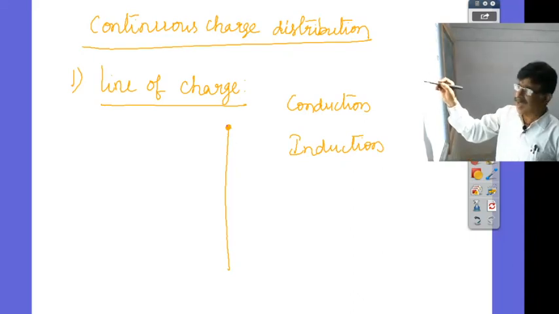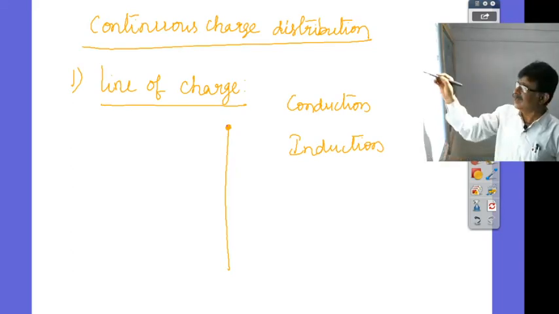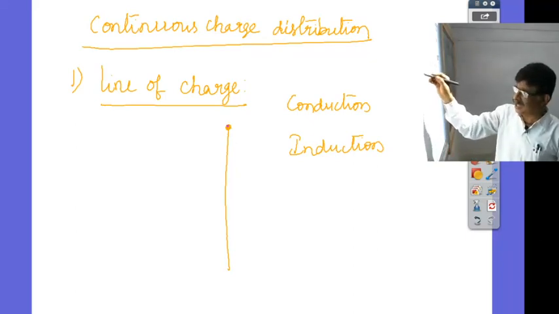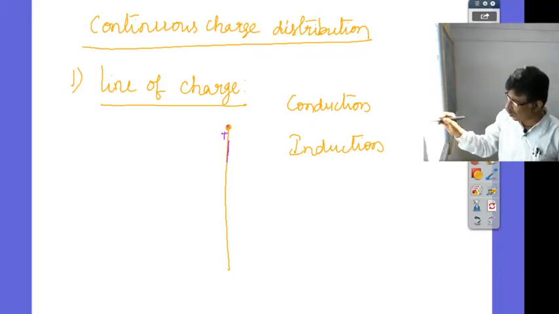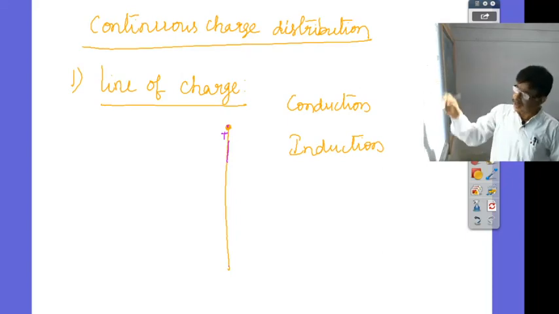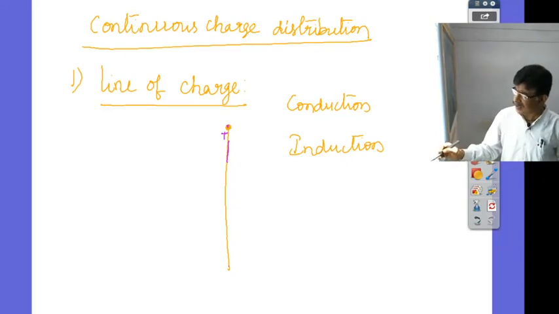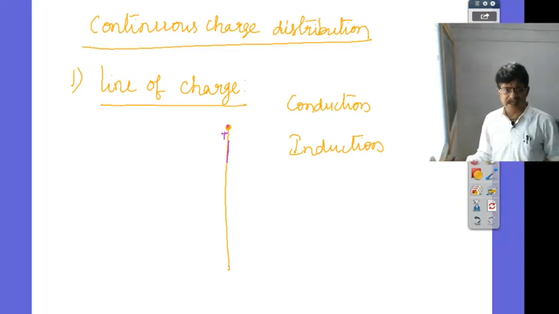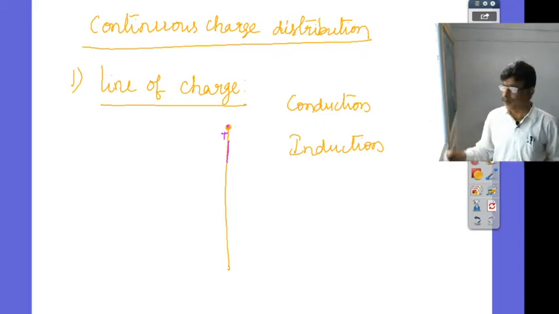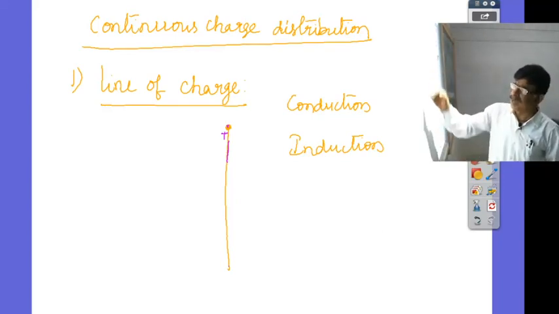That charge, as this is a conductor, flows through it. Right? It can easily flow. As you are supplying the charge by means of conduction, whatever charge we give continuously flows to the other end, and from there it moves back. It cannot propagate further. Why? Because after this end, whatever is present is nothing but air medium. Air is a bad conductor of electricity, so it will not allow the propagation of this charge further. So this charge has to go up and down again.